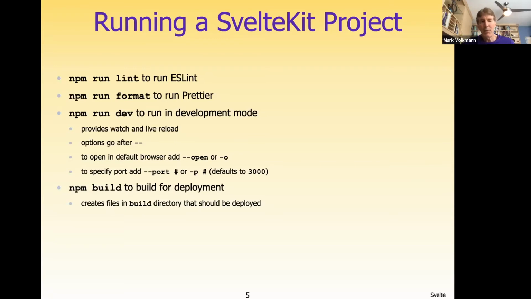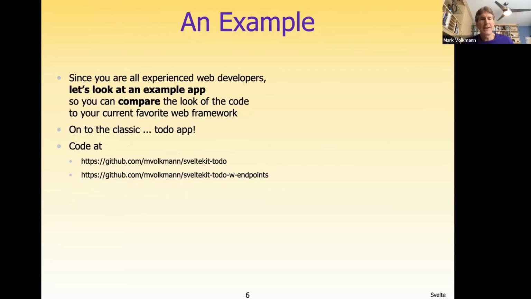When I'm ready to deploy this, I run an npm build and it puts a bunch of files in a build directory, and that's what I need to deploy. So let's take a look at an example of what the code looks like when you work with Svelte. This really is, for me, the main benefit: the code is easier to understand and I can write less code. So I'm going to walk through the classic to-do app, and I have URLs for a couple of